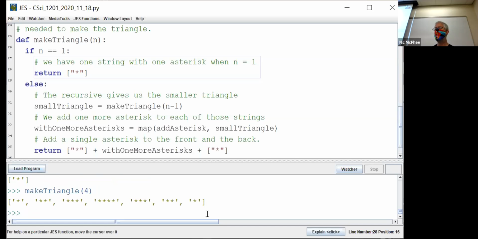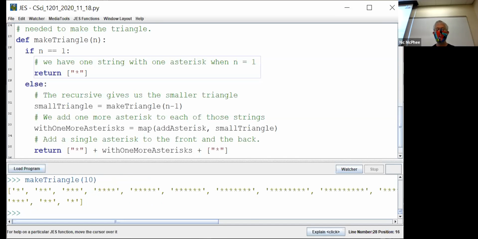And now it's just a matter of printing them. And this works for arbitrarily large things, like that goes up to 10 and then back down to 1. I'm not going to count the number of asterisks, but we'll assume that it's probably true. So then if we